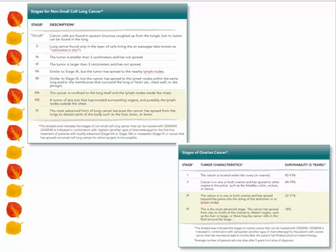Stage 3, the cancer is confined to the lung itself and the lymph nodes within the chest. If it's 3B, it's probably lymph nodes outside the chest. Stage 4 is when it is spread to other organs, liver, bone, things like that. And you'll see that the staging of ovarian cancer down here is